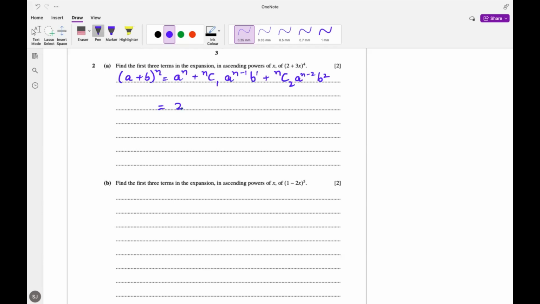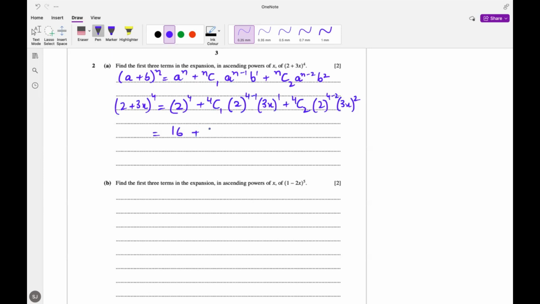a is 2, so this will become 2 to the power 4. As the expansion is (2 + 3x)^4, n is equal to 4, plus 4C1, a^(n-1), so this will be 2 to the power 4 minus 1, and b is (3x)^1, plus 4C2, a is 2, so 4 minus 2, and then b, which is (3x)^2. So 2 to the power 4 will be 16, plus 4C1, if we substitute this in the calculator,